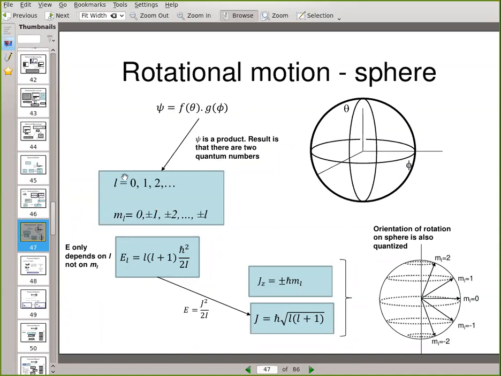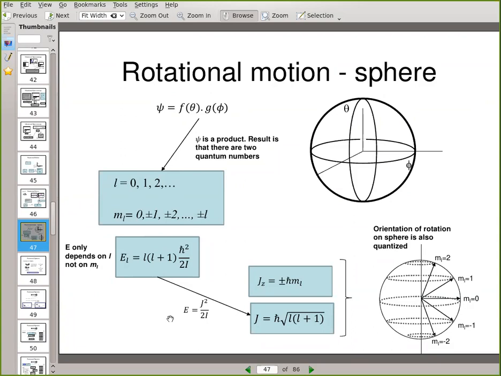And those two sets of quantum numbers are the L, and the ML is dependent on the L. And of course, the ML really shows that the orientation of a rotation on the sphere is quantized. So the orientation is quantized on the sphere, and then of course you've got quantum numbers that